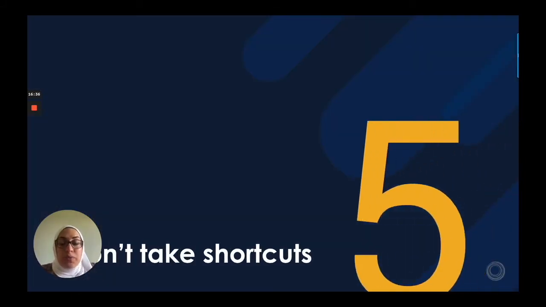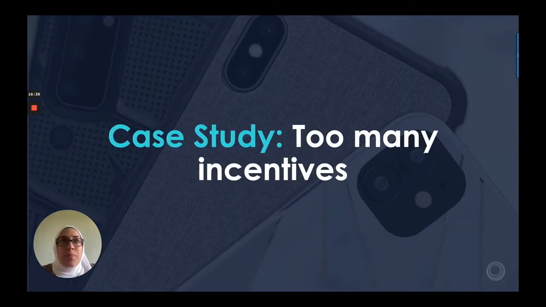The fifth point I would say is don't take shortcuts. We had one client that started out with us. They were a one-man marketing team doing everything from CRO to PPC to email marketing, you name it. He was doing SEO. He was doing everything. And we did conversion rate optimization. We saw some great success with them. But then they decided, you know what, we want to actually do this in-house, and we want to grow our CRO team.